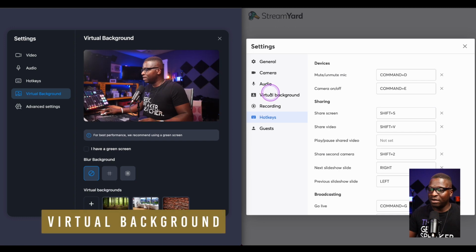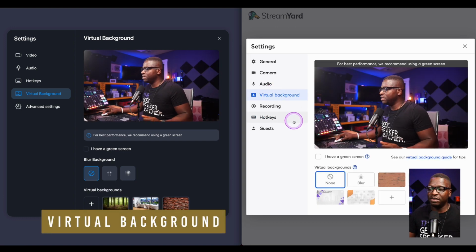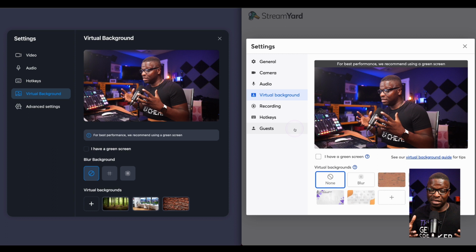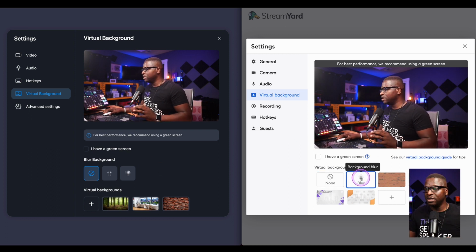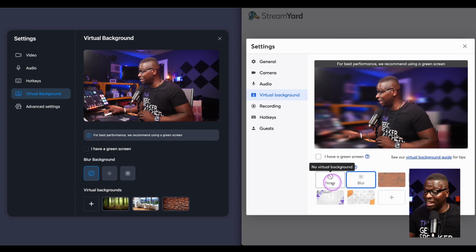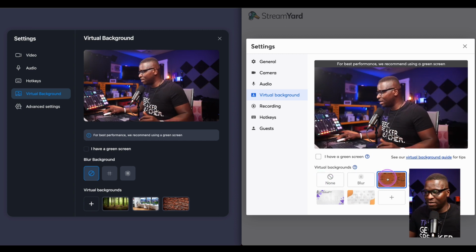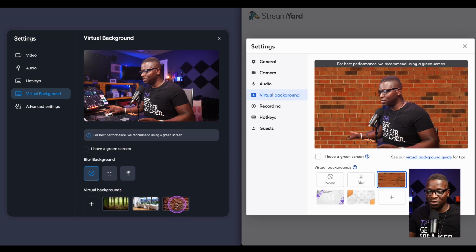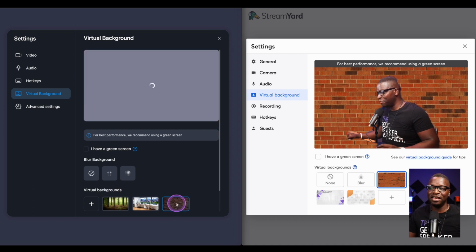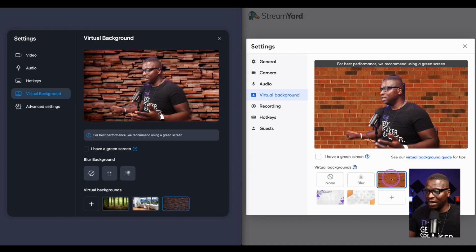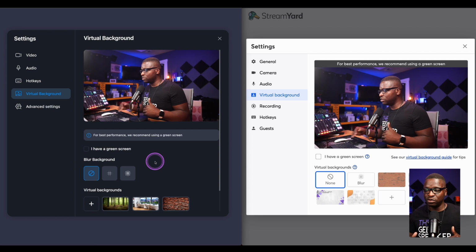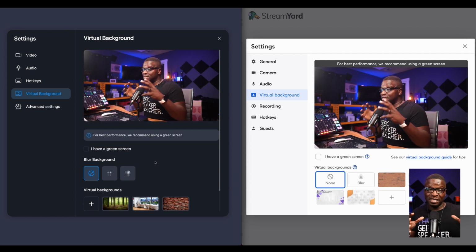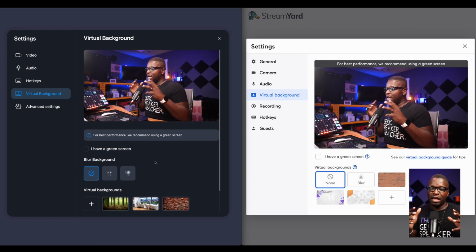Let's look at virtual background. Again, you have virtual background here. Both have done significant work in this area. You can stream with the blur if that's your thing. It's not my thing. You can do the background if that's your thing. That's not my thing, but it is there and you can see how they look. I'm going to go back to none here. Have mercy. You can see how they look, and you can also see that it does not necessarily require a